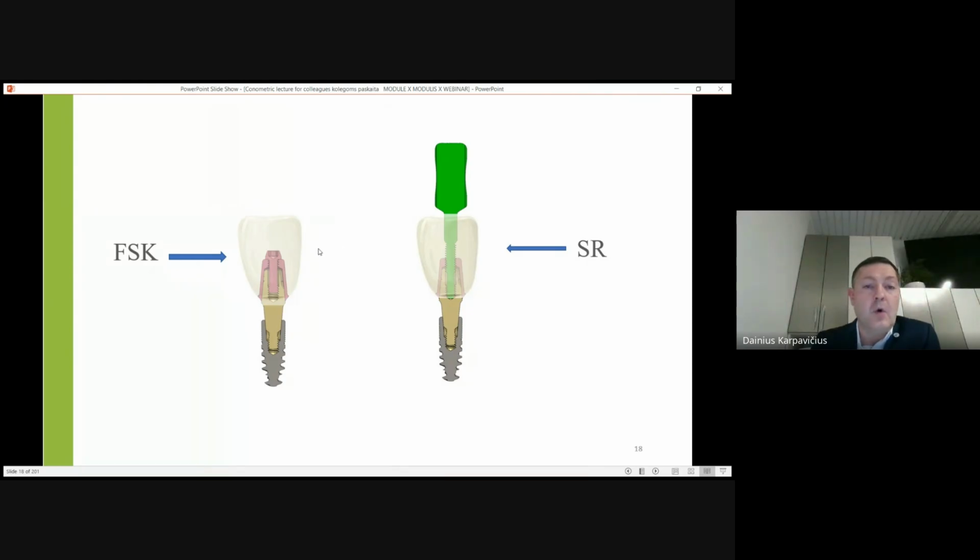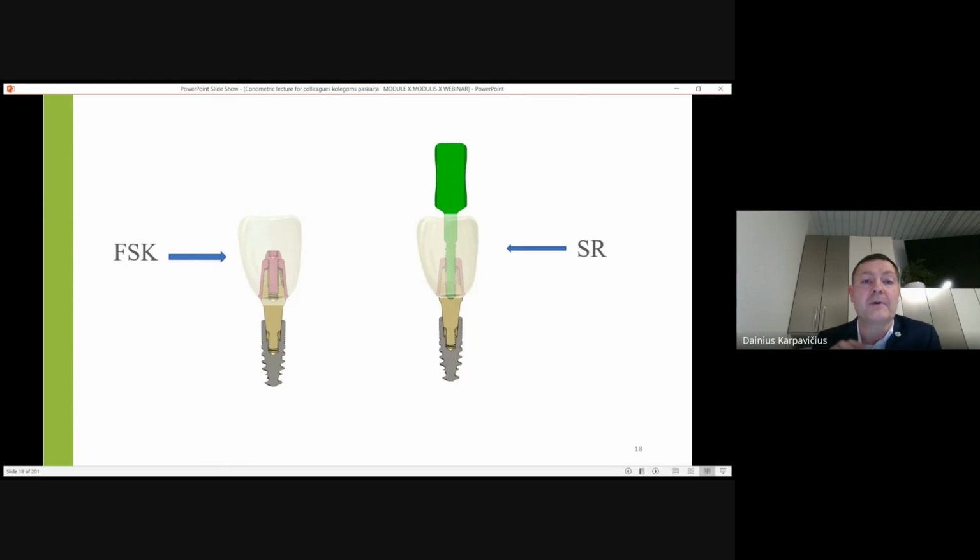Here also, sometimes for doctors it's not so easy to change their minds and free themselves of some dogmas and move away from screw retention. So, of course, you can leave the screw if you feel that it is necessary. And you will see later, if we are doing bridges, we can leave one screw if you see it is necessary. But from my experience, I can tell you that I made a lot of single crowns,